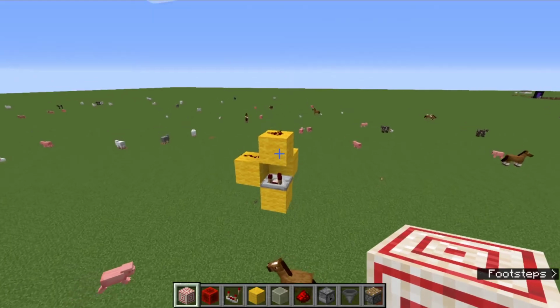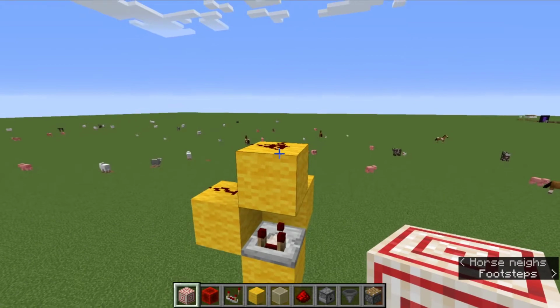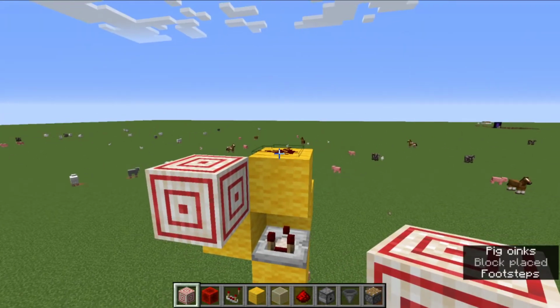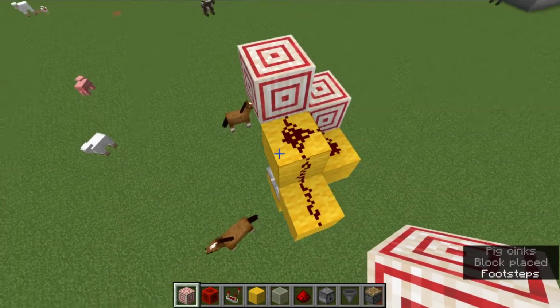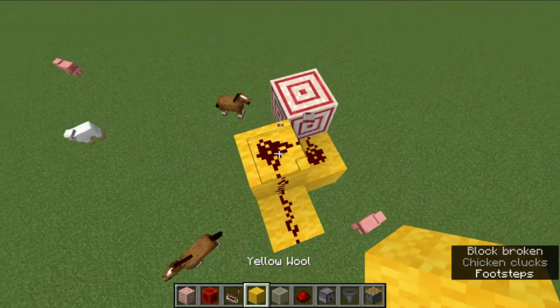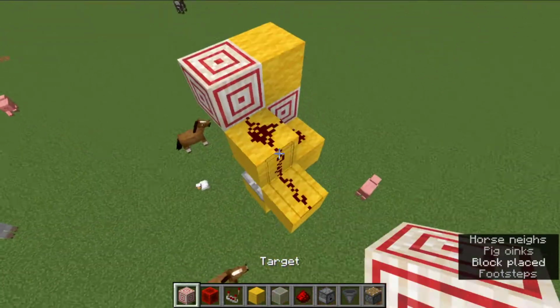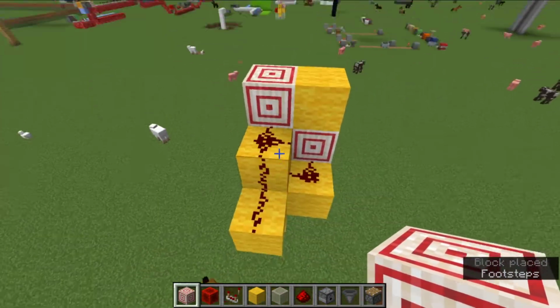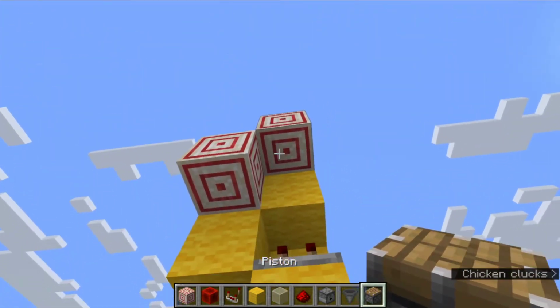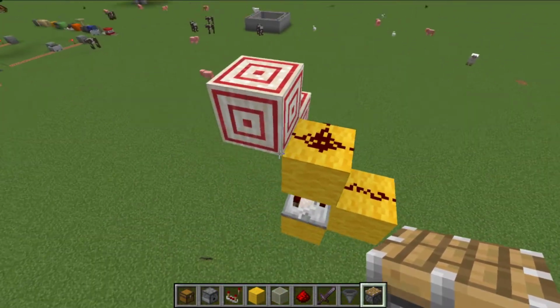And so then what you're going to do is come over right next to this redstone dust and place 2 target blocks. So you need 2 of them. You're going to go like this and like this, and as you can see, what it does is points the redstone in that direction. If this weren't here, it wouldn't be pointing in that direction, but since the target block directs redstone lines, it's going to direct it right into the target block, and so we can use that to our advantage. It'll power that block, and so once we have these target blocks directing the redstone this way,